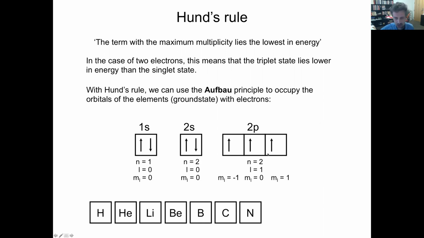Same story holds for nitrogen. One more electron must go into the last available orbital. This maximizes spin multiplicity, and it also lowers the orbital state wave function again. Oxygen has no option, it must pair up. Same for fluorine. The fifth electron in the p must pair up with an existing electron. And then finally, neon, really the last electron has no option but to pair. So the interesting part, of course, is for carbon and nitrogen, where you have this Hund's rule play out in full effect,